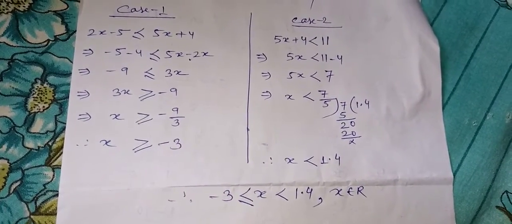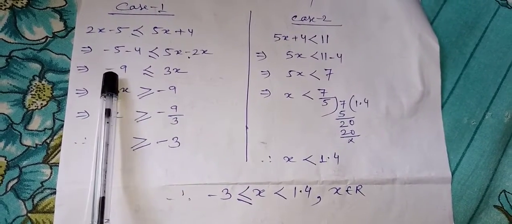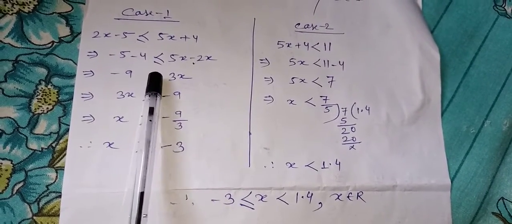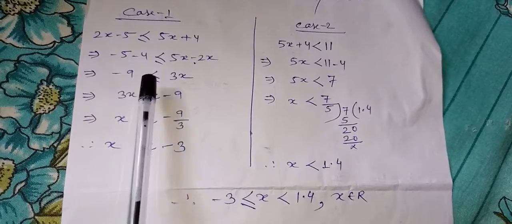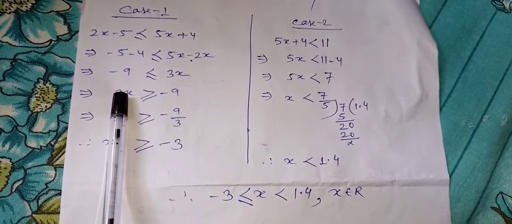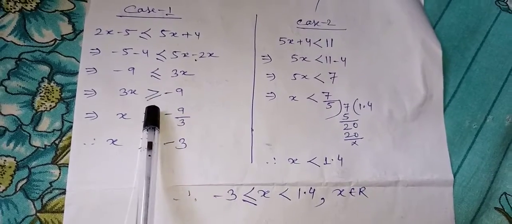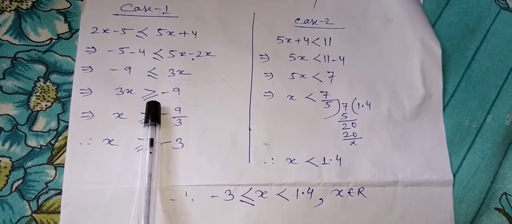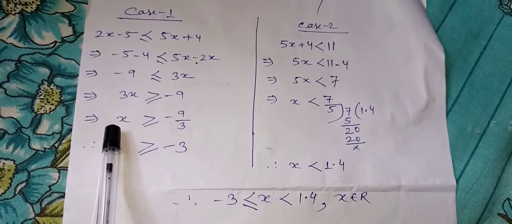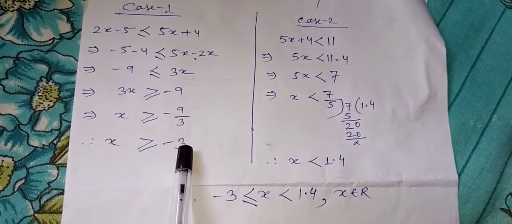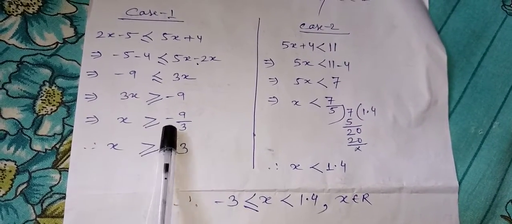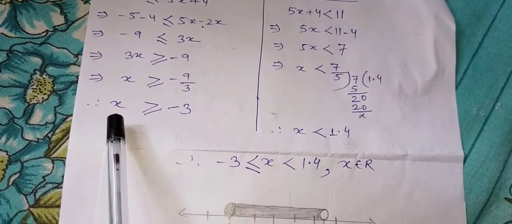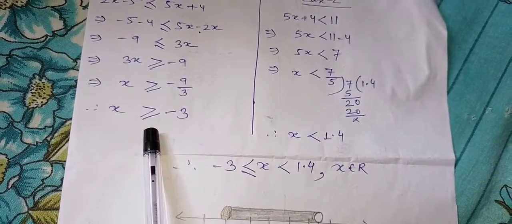It is called interchanging. In interchanging, the minus will remain as minus and 3x will remain as 3x. But as the symbol was facing x, when x came this side, the symbol should again face x. So that's why the less than or equal to symbol has now changed to greater than or equal to. That means the symbol has changed here. Now if I remove 3 from here, then 3 will go and divide, and x is greater than or equal to minus 9 by 3. If you cancel them, it is minus 3. So now our final result is x is greater than or equal to minus 3.